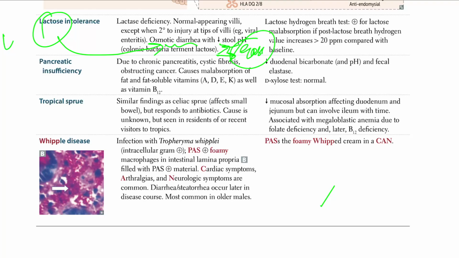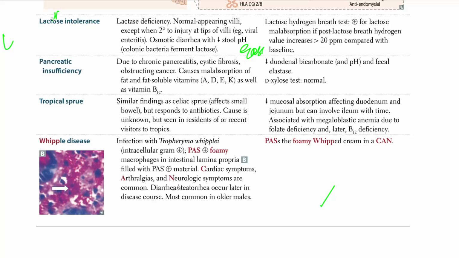So now in lactose, just remember lactase deficiency, but the villi are normal. And you have an osmotic diarrhea. Why? Because of that lactose in the lumen that leads to osmotic diarrhea. Everything else is normal. You will have normal iron levels, vitamin D levels. Biopsy will show you normal villi, but you have diarrhea as soon as you take some milk products, very important.